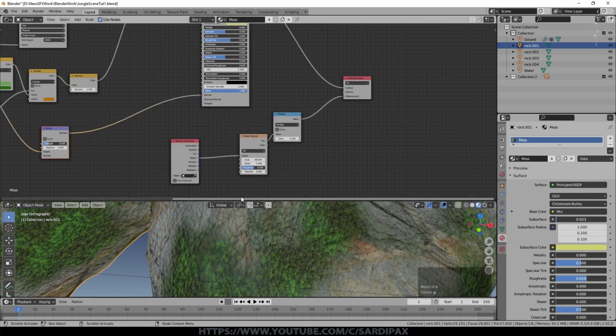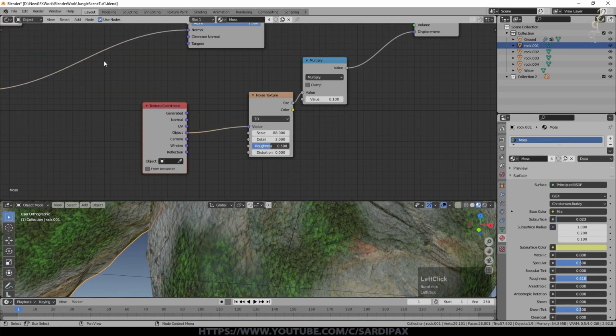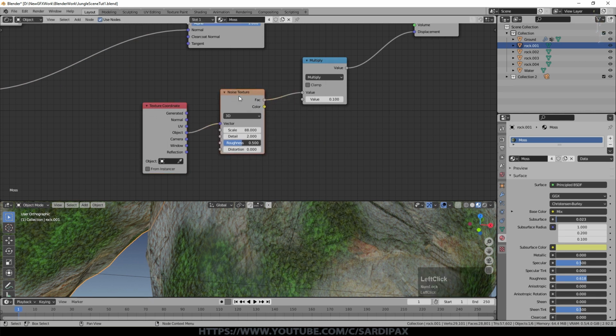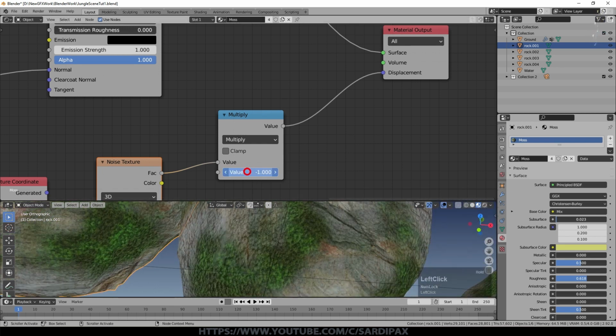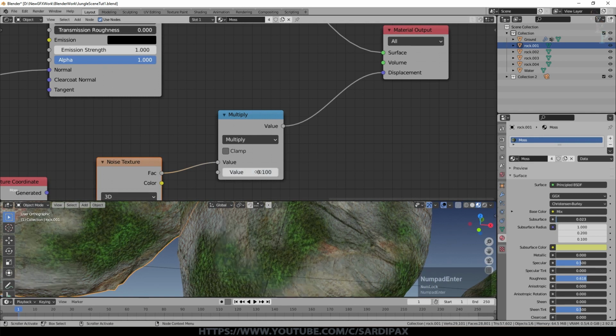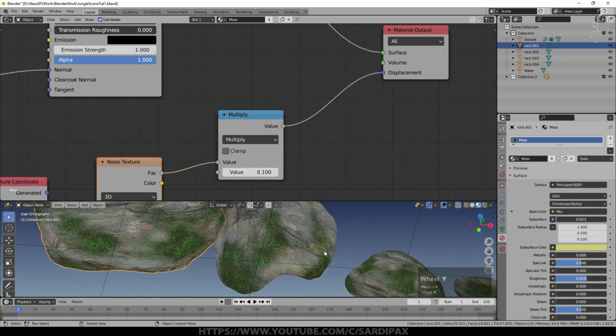In order to add more surface texture as well, more shadow effects, I've got another texture coordinate, just because it was easier to have it here than have a line stretching over, feeding into a noise texture as usual, somewhat higher scale this time, through a multiply node, which is really just to scale the texture, because by default it varies between 0 and 1, and that would be much too big in general terms. If I set this to 1, you can see it's a bit too extreme, so I generally have this set to something like 0.1, and then it's just a subtle effect on the surface, a bit like sand grains or something like that.